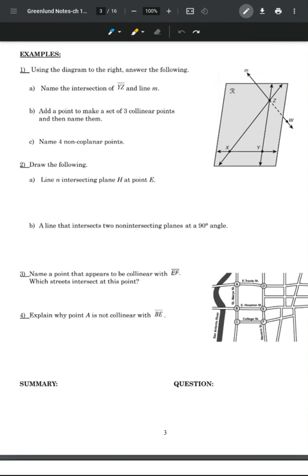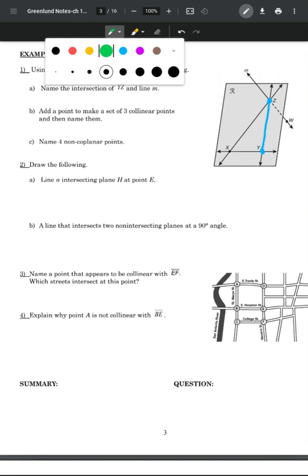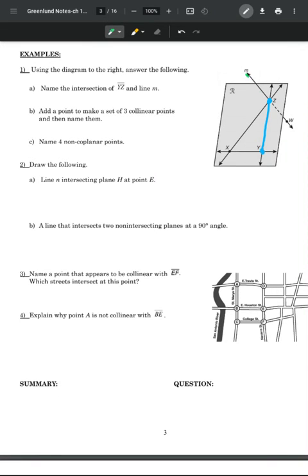So example 1, using the diagram to the right, answer the following. A, name the intersection of the line YZ and line M. So if we look at our picture here, the line YZ, so if we look from this point to this point, and we have line M, which I'll change my color here quick,